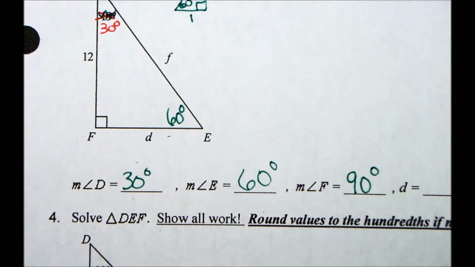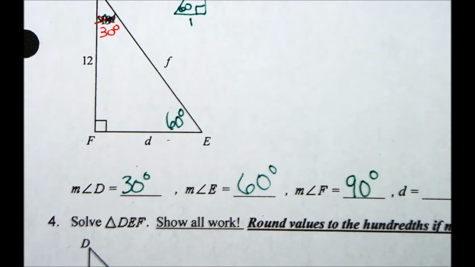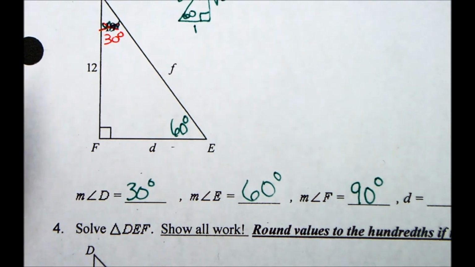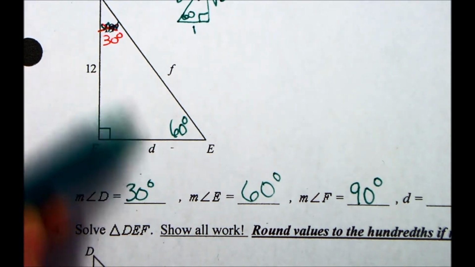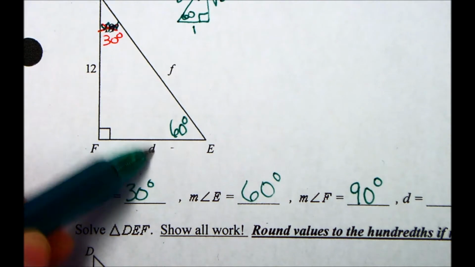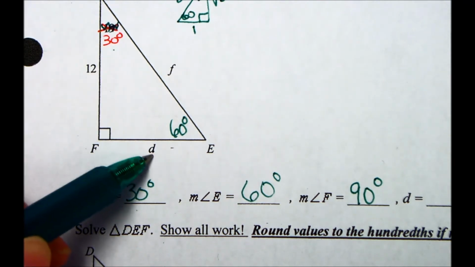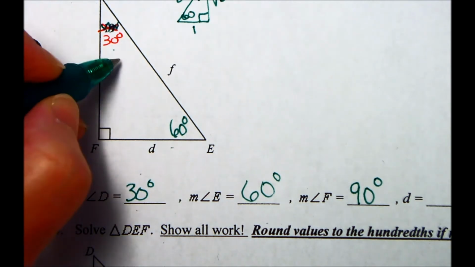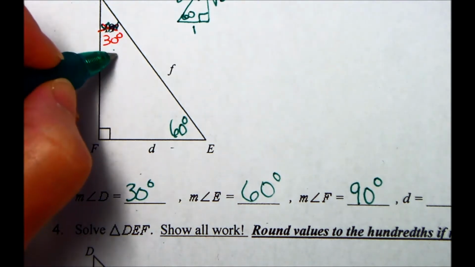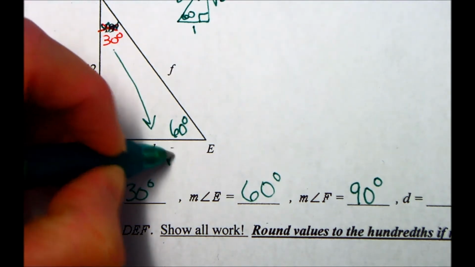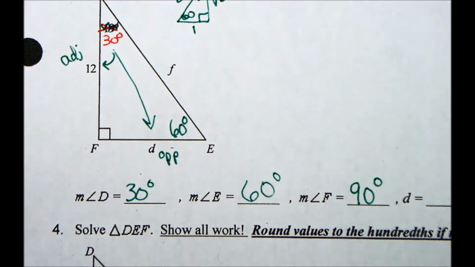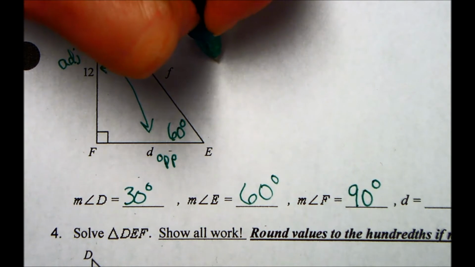So we know our angles, those are pretty easy to figure out, but now the other sides, we're going to use our trigonometric functions. If we're looking for D, well, D is opposite of the 30-degree angle. If we're wanting to find the opposite and the 12 is our adjacent, we're going to use sine. From the 30-degree angle, this is opposite and that is the adjacent leg. So I'm going to use sine of 30 degrees